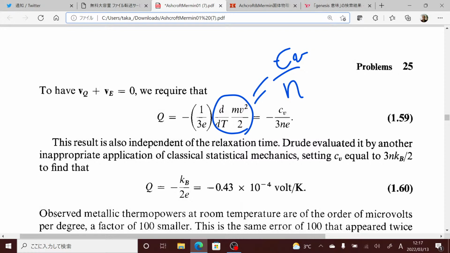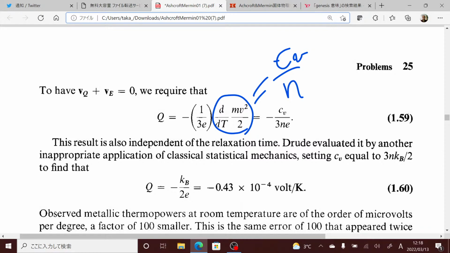Drude evaluated it by another inappropriate application of classical statistical mechanics, setting c_v equal to 3/2 n k_B,